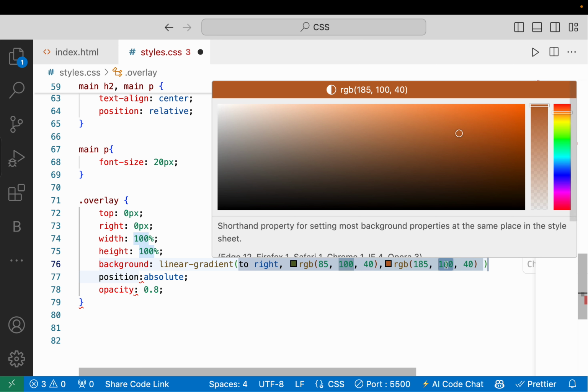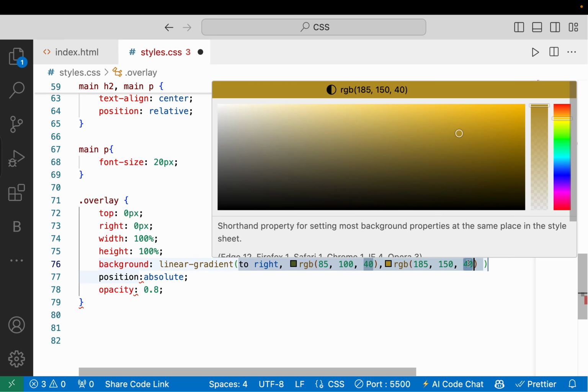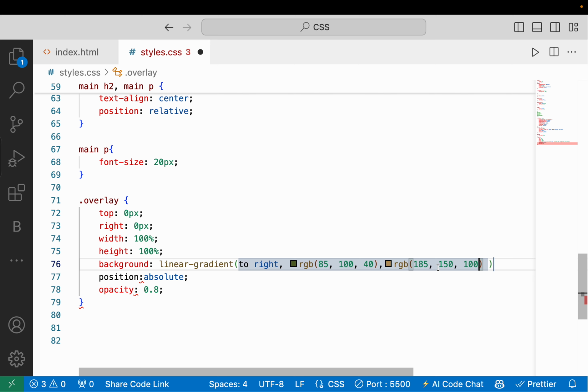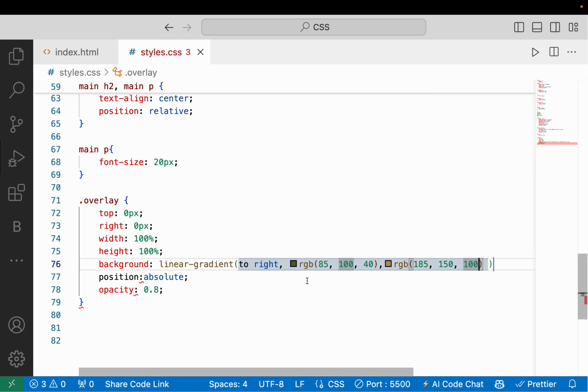Okay, I hope this makes sense. And then this is gonna be 100. Okay, so if I save this and we look here, you see nothing really happens, and that is because, hold on,